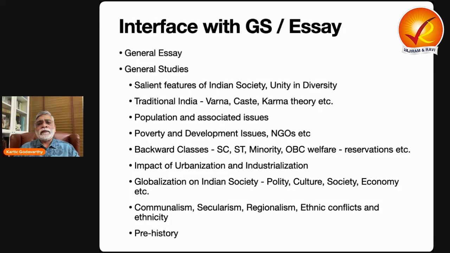And these are some of the areas that anthropology overlaps and interfaces with. Like you have your salient features of Indian society, unity in diversity. You have the traditional Indian social system, which you're expected to at least understand either in history or in your Indian culture and heritage. Population and associated issues, poverty and development issues, NGOs, civil society organizations, media and the role of media, and almost all the backward classes, scheduled castes, scheduled tribes, minorities, OBCs, the concept of backward class in India, and where they emerged from, what the challenges, safeguards, programs, and reservation policy are, the pros and cons, and everything else will be dealt with by us,